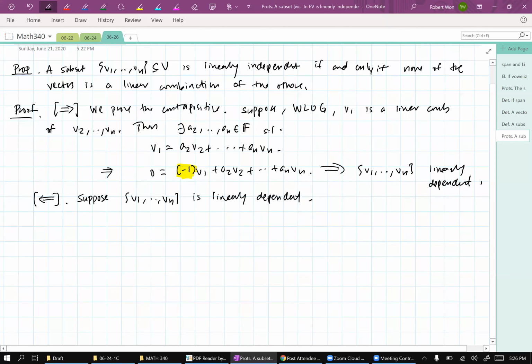What does it mean to be linearly dependent? It means there's a non-trivial linear combination which equals 0. So then there exist scalars a1 through an in F, not all 0, such that 0